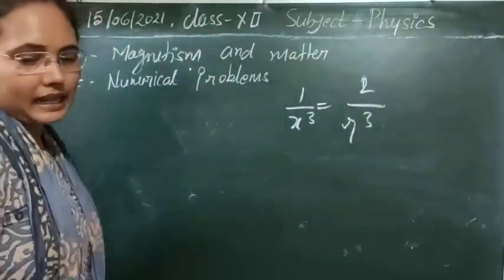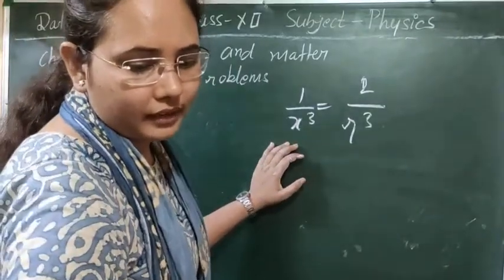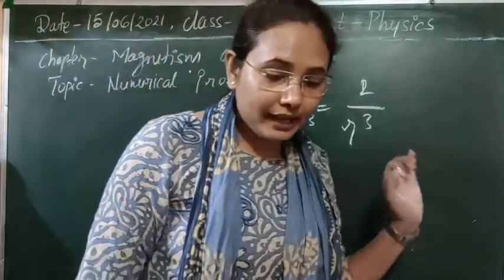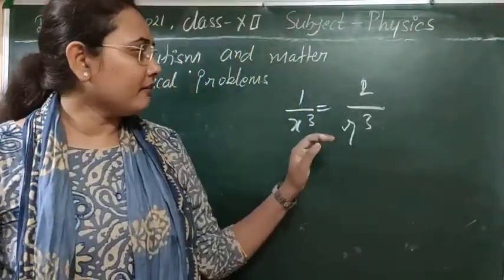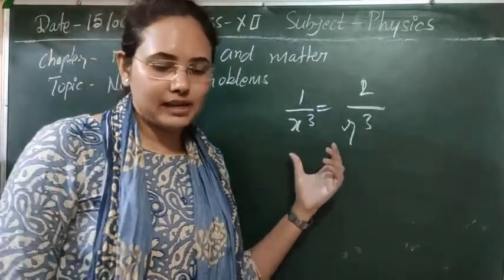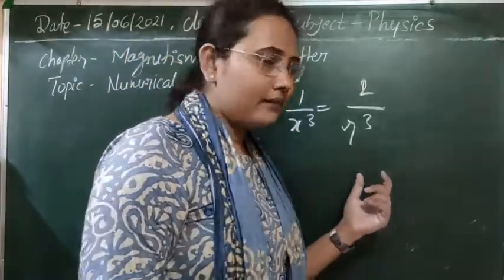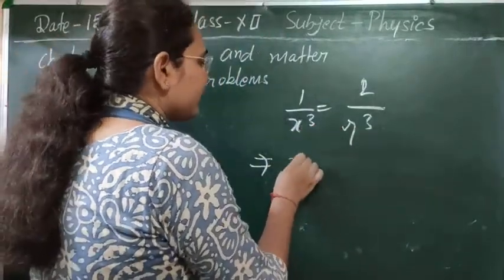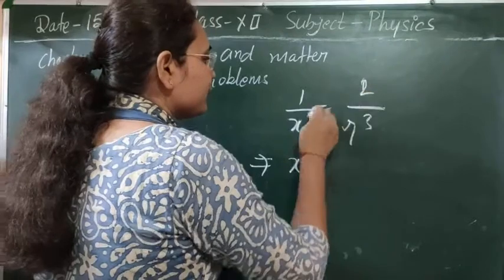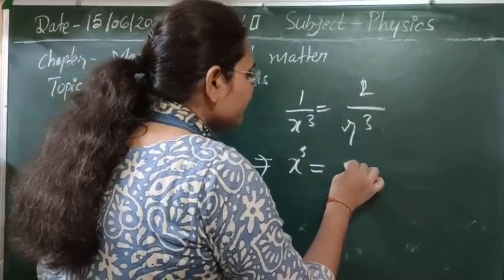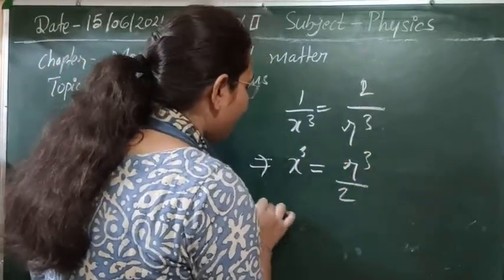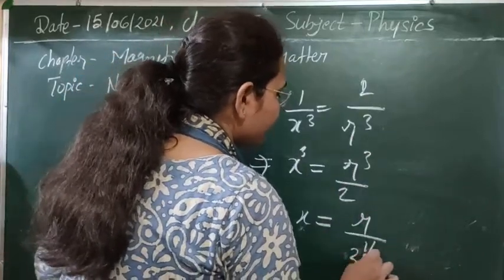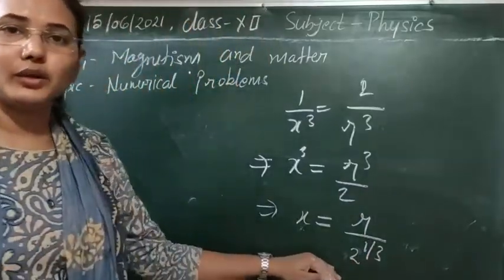Now this is what we have got, and one more thing that was given in our question, that is the value of r. The value of r we had was 14 centimeter. So as we have to calculate x, we can find x cube is equal to r cube upon 2. Or we can also write x is equal to r upon 2 power 1 by 3. Here you can take the cube root.